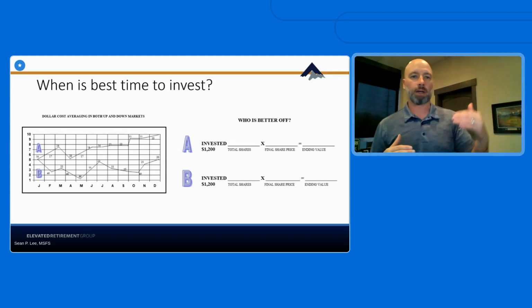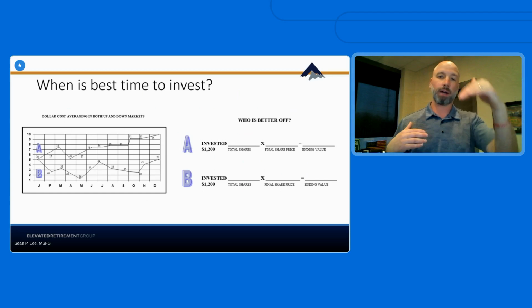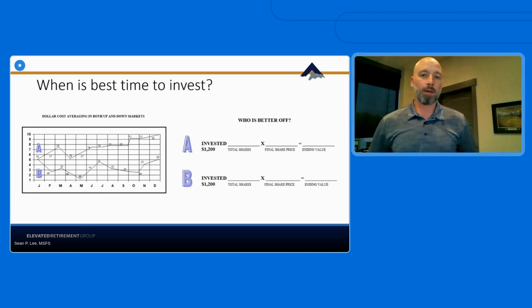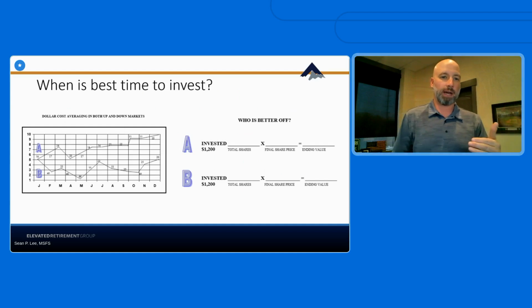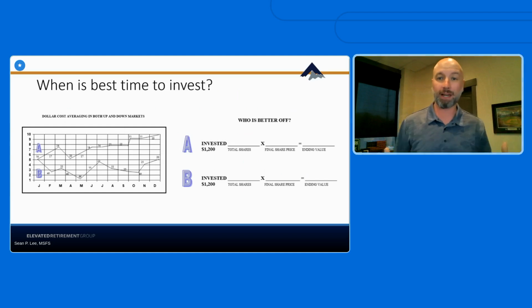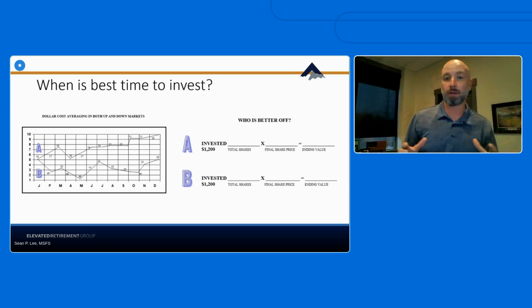And so we've got client A and client B. Client A saw their account continue to go up throughout the course of the year. Client B actually saw the stock prices go down and then just come back to the normal price, right? So it started at $5 a share, ended at $5 a share. So it really didn't earn a whole lot, didn't earn anything on the surface.